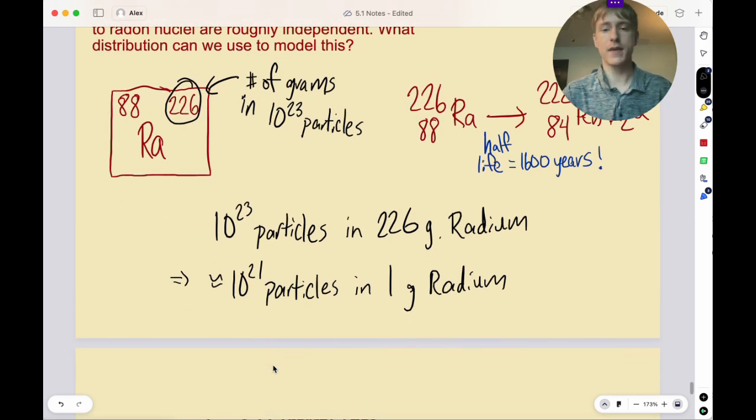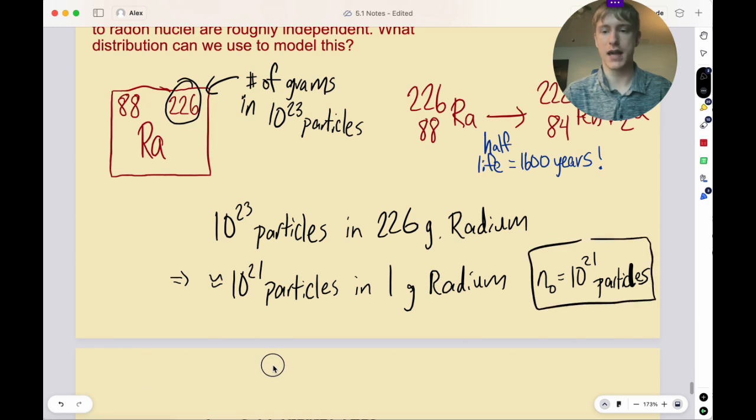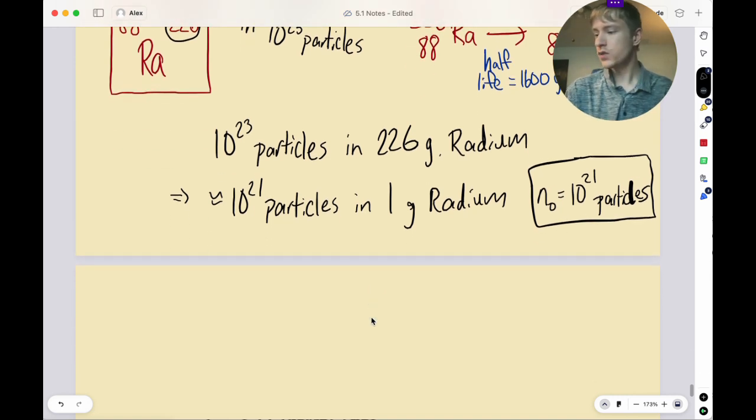With this information, we're just going to set the initial amount. We're going to assume that it's 1 gram, or in this case, 10 to the 21 particles. You can think of that as our sample size. So we only have 1 gram of the stuff. Out of 10 to the 21 particles, we're trying to figure out which ones are going to decay, which ones aren't, and the probability of all that occurring. And we want to define a success